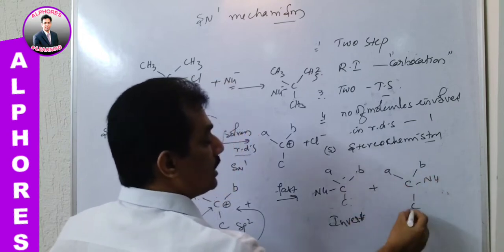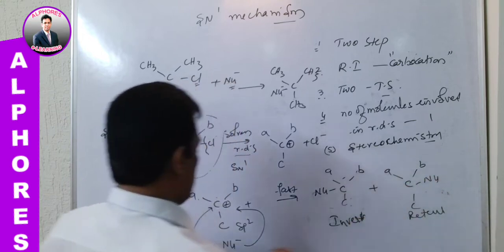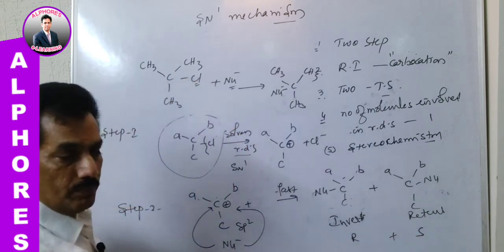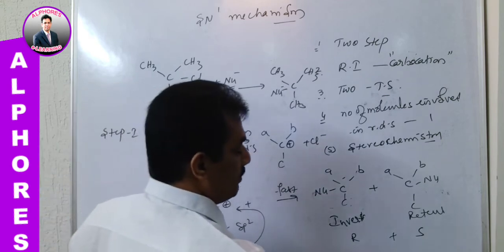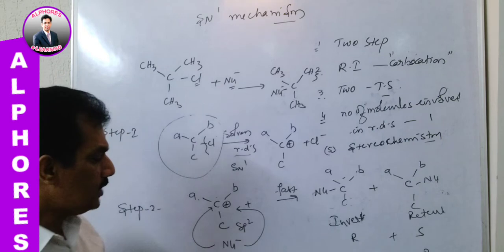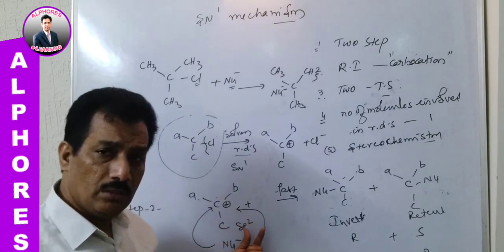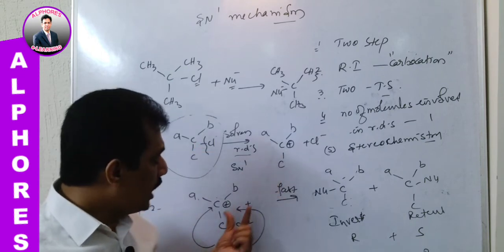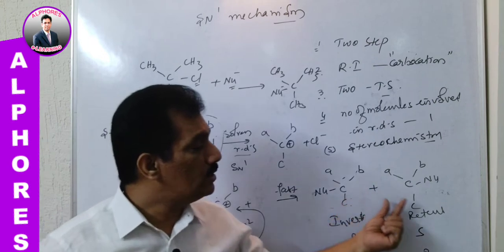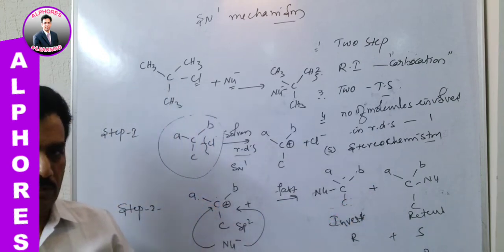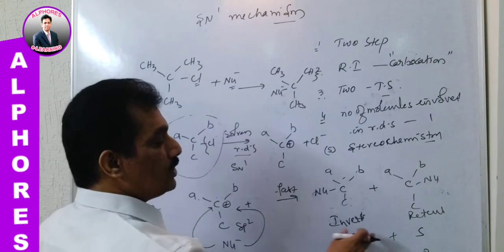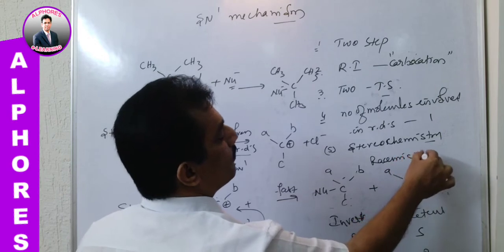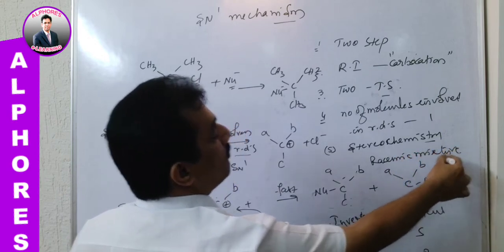So when inversion and retention both happen, say for example if it is S, it will be R and it will be S. These two mixture will form. If it is R, then also it will be S and it will be R. Like that, when we are using a stereomer, stereomer is nothing but optical isomer, then after forming the carbocation, it has the chances to retain or to invert the configuration. So here the combination of these two will form, that is nothing but a racemic mixture.